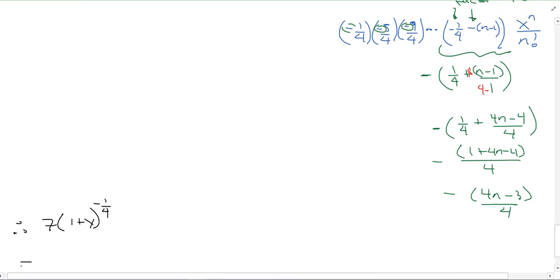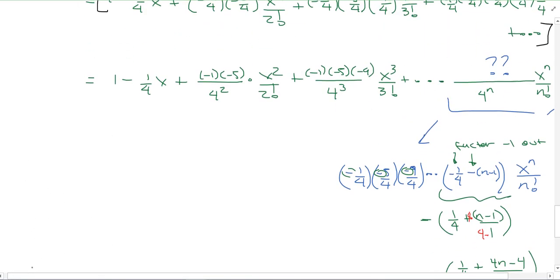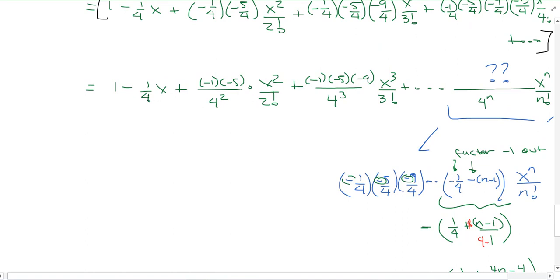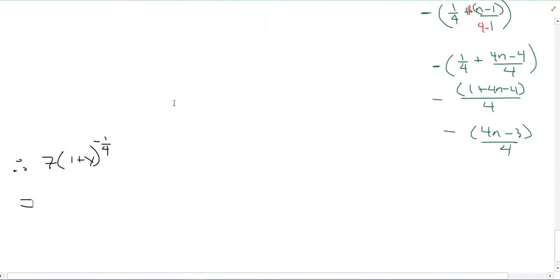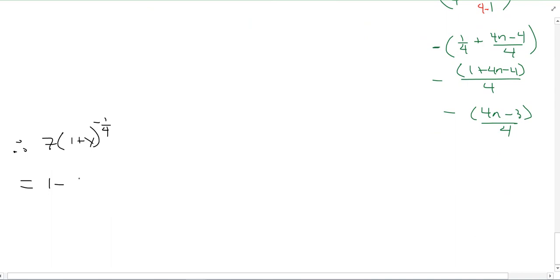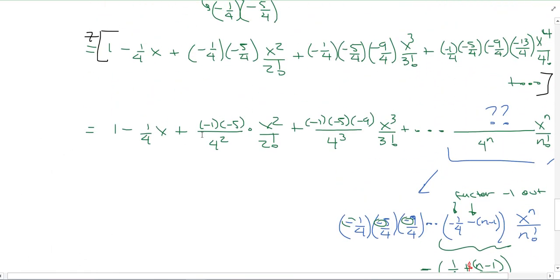Let me write it down here. It's going to be equal to, well, we have our first, I'm going to write the first two terms. So 1 minus 1/4 x, I guess 3 terms. And then minus and minus, so that's plus,